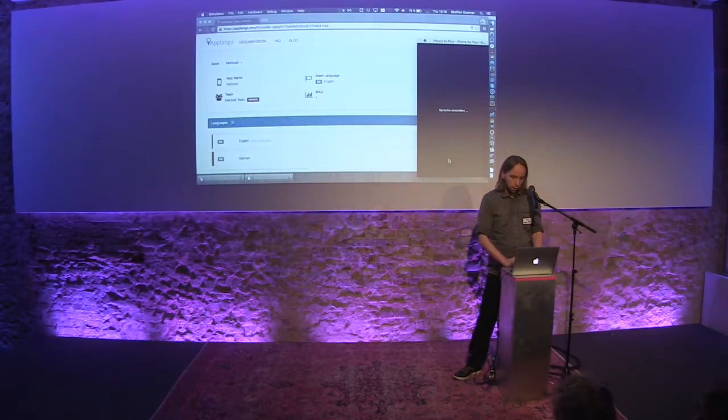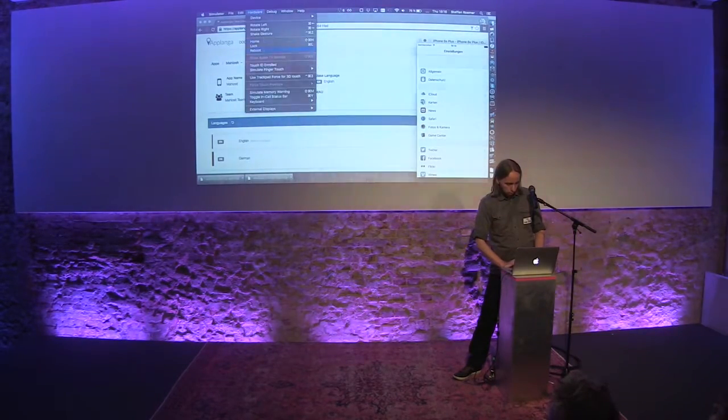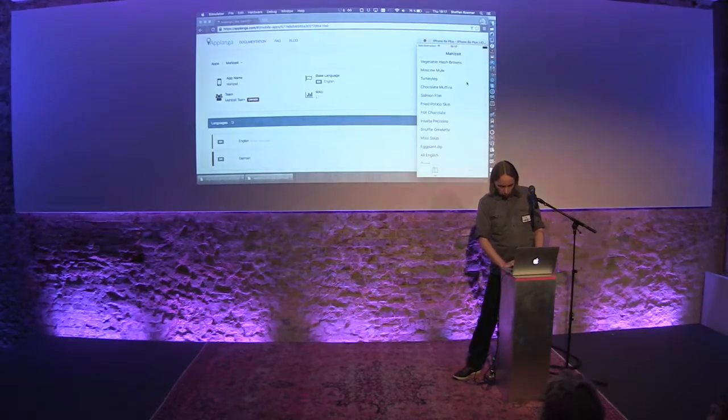So I could also have shown changing the text in the base language. That's also possible, so you can quickly change stuff, fixing some text that you might have messed up in the normal language. So now it didn't work because